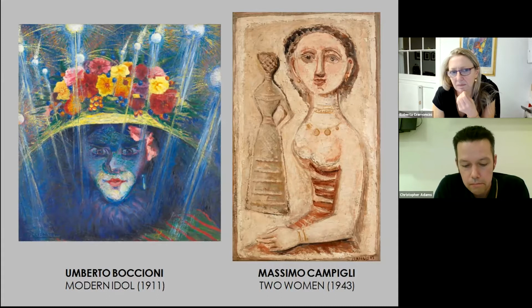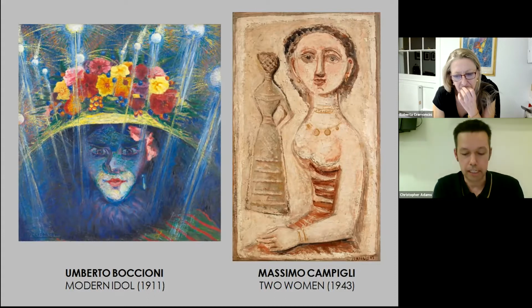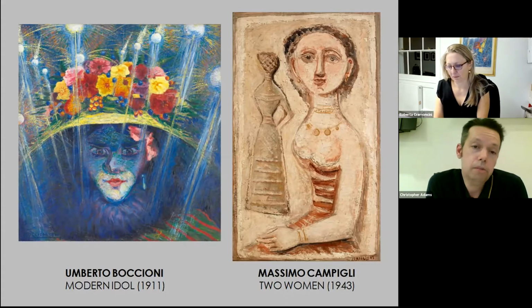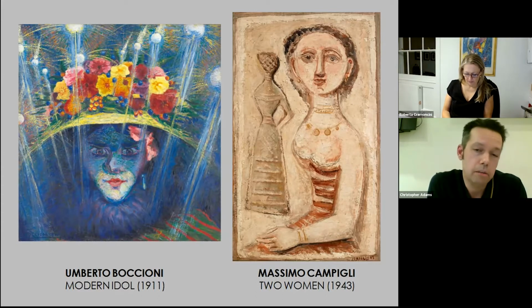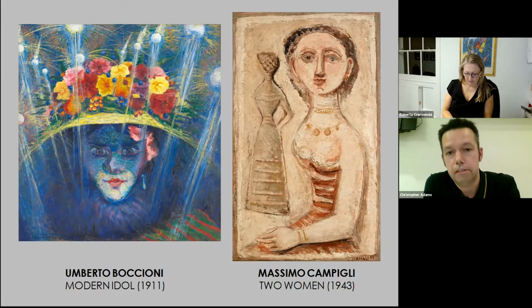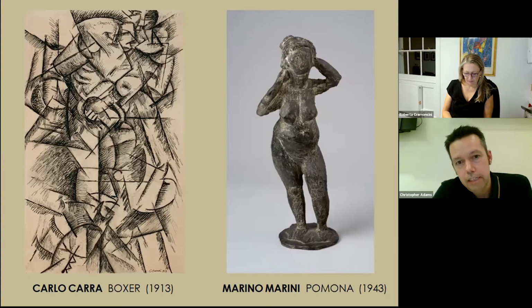So there were a number of other painters and sculptors who felt the same way about this as Campigli, and who are also represented at the museum. Modigliani, as you've seen, and also Marino Marini and various others. So although there are, as again Roberta was saying, gaps in the collection, as with any private collection,